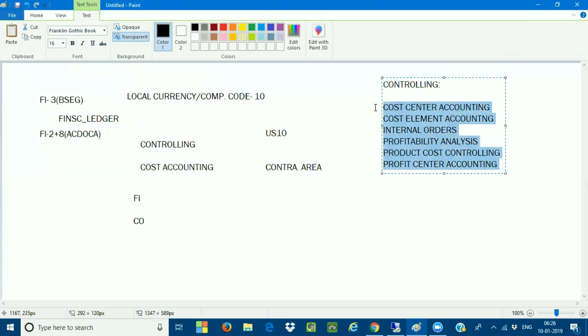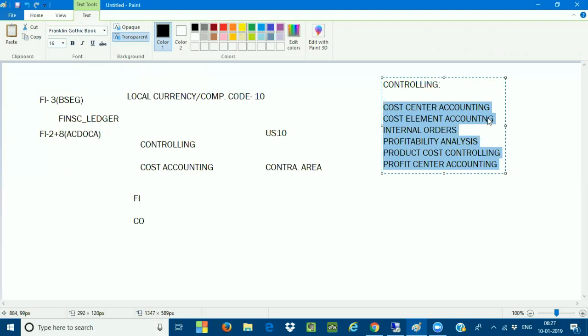cost, how the cost has been incurred, what type of cost has been incurred. During the manufacturing of a product, what is my planned cost, what is my actual cost, what is my target cost, how much profit has been incurred, and on what base the profit. I want to do the profitability analysis based on market segmentation. What is the profit on the customer aging analysis, customer grouping, customer hierarchy. Like this, I can analyze my profits. I can analyze my cost during the manufacturing of a product.